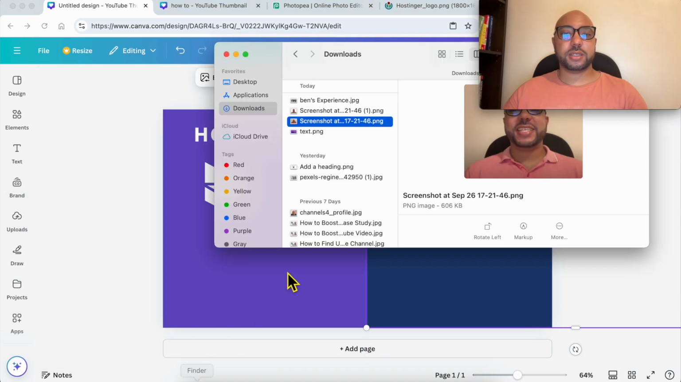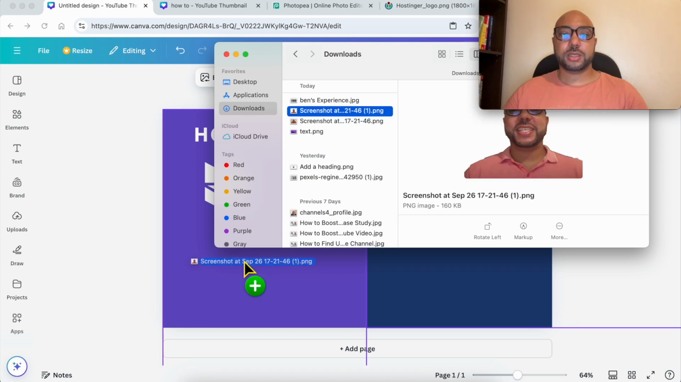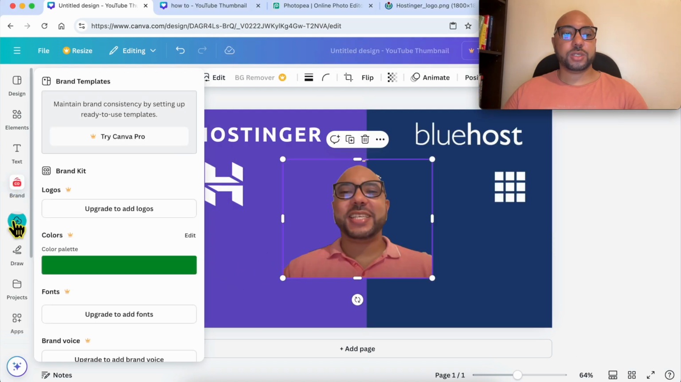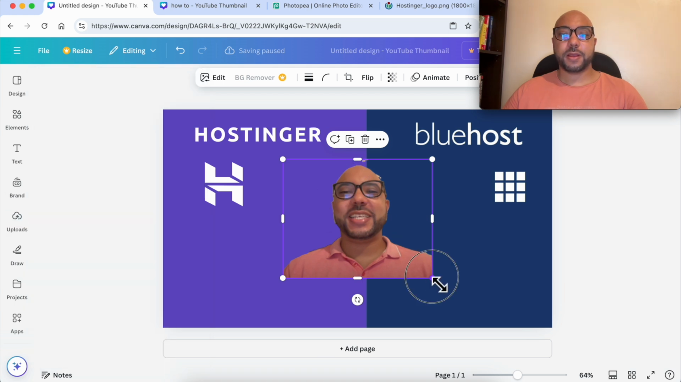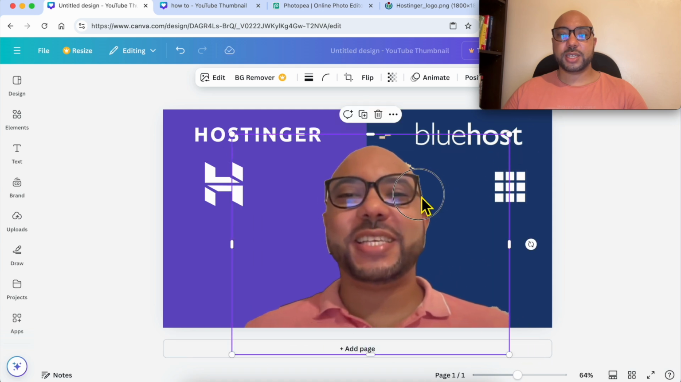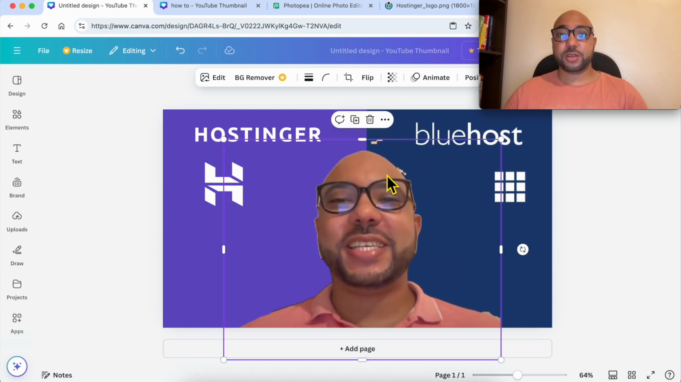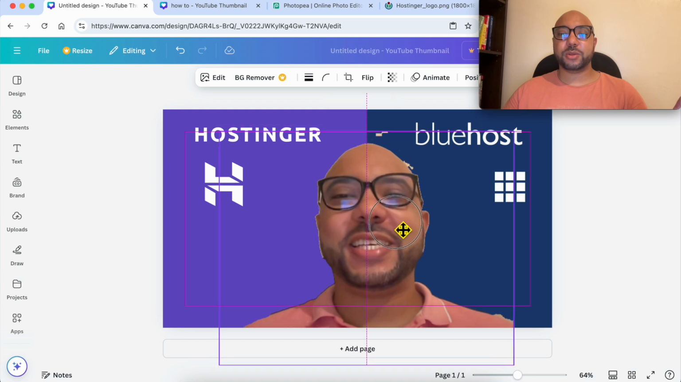You can drag and drop your photo like that, or upload it from here. Go to uploads, then click on upload files. Now let's resize this photo. As you can see, removing my background was not 100% accurate. Take your time at this step,